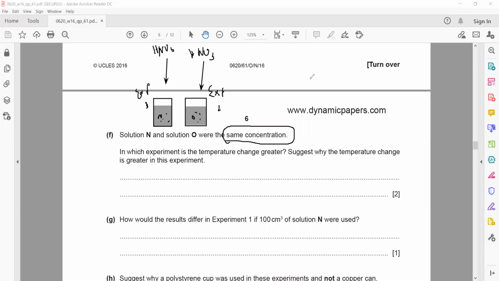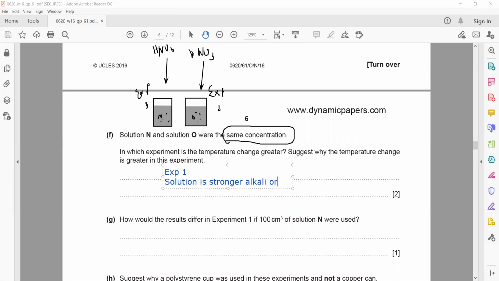So the possible reason is because acid, here we are using a nitric acid and alkalis. So experiment 1 shows a greater change in temperature, and the reason is that the solution N is stronger acid, stronger alkali,